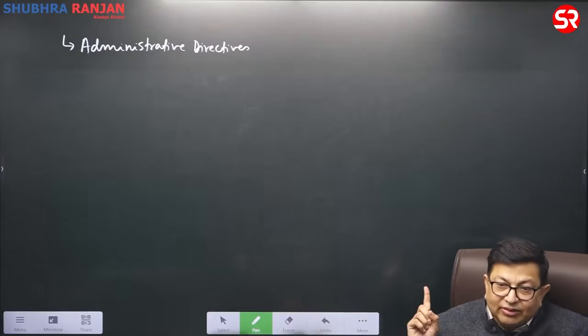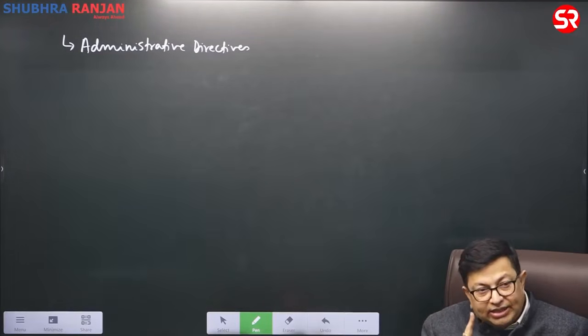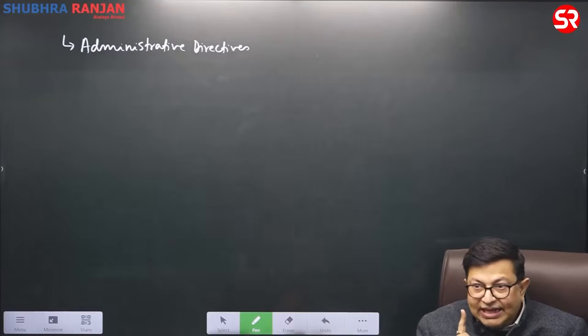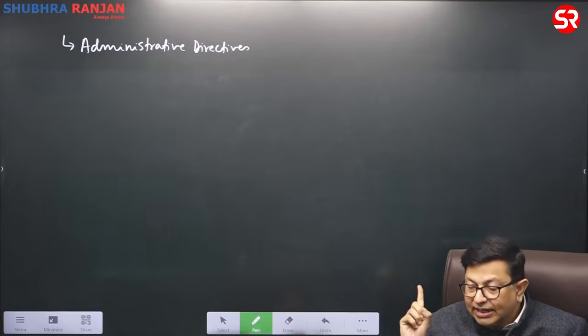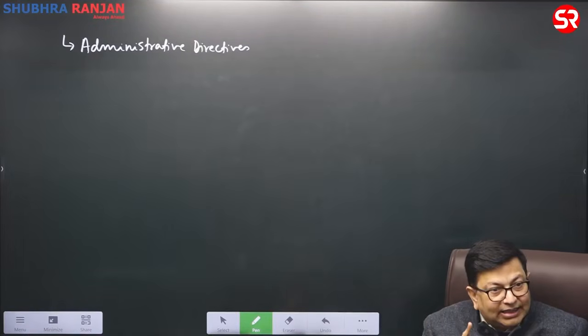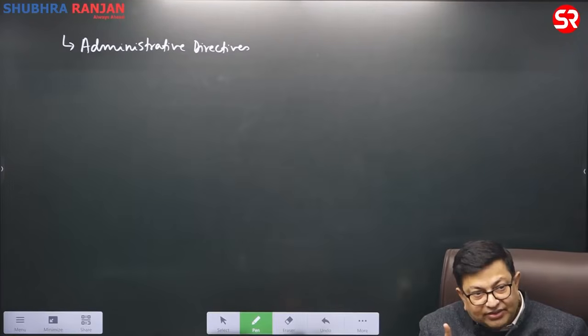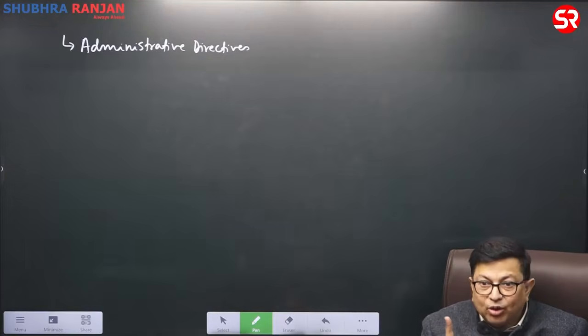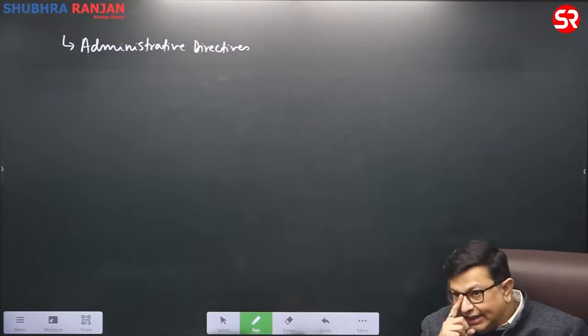अभी तो सिर्फ मैं आपको ये क्वेश्चन करा रहा हूं कि which one of the following is a unitary feature. So administrative directive is a unitary feature. बाकी ये सब आर्टिकल्स में आपको डिटेल में I will be telling you when I will be discussing the center-state relations with you, so that the things will be more clear. As I will give you an idea.